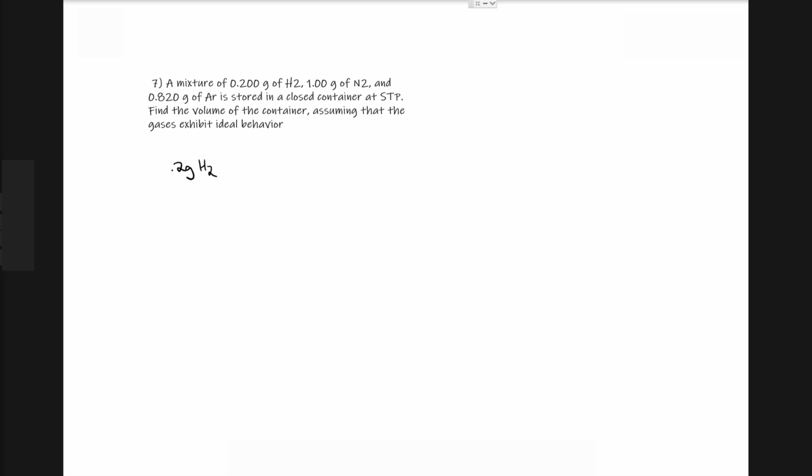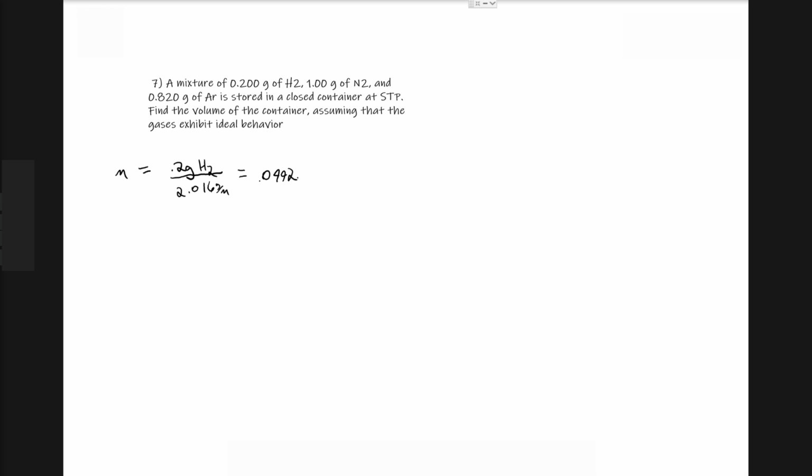There's 2 atoms of hydrogen in a molecule. So we have 0.2 grams of H2, and remember that moles is equal to your grams divided by your molar mass. So when I multiply by 2, I get 2.016 is my molar mass, so that's grams per mole, right? And that gives me about